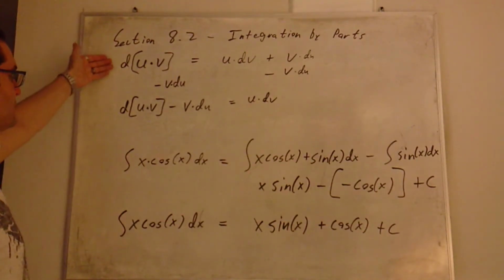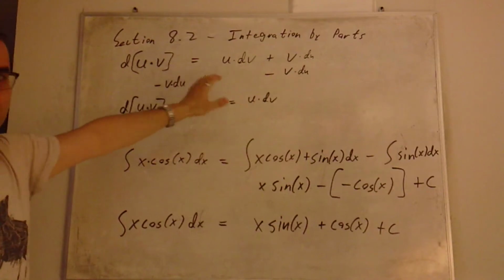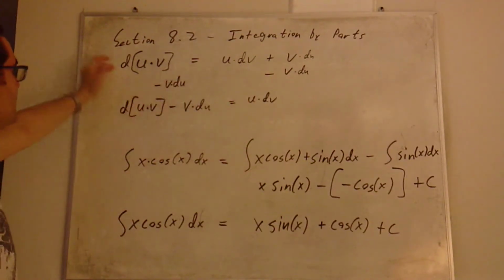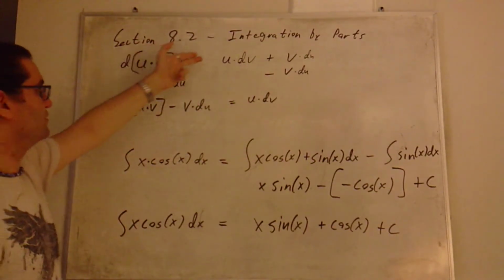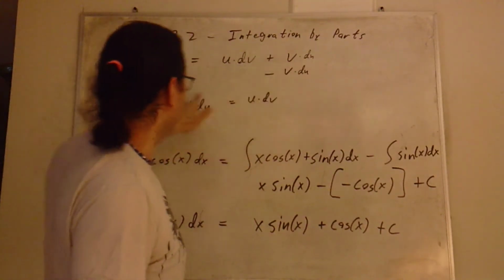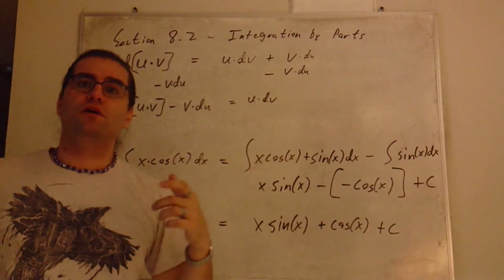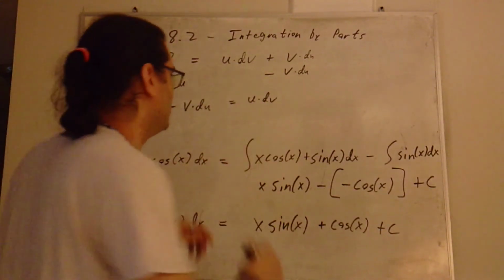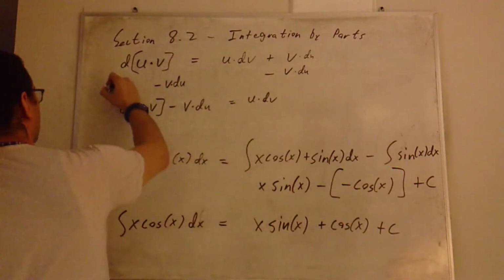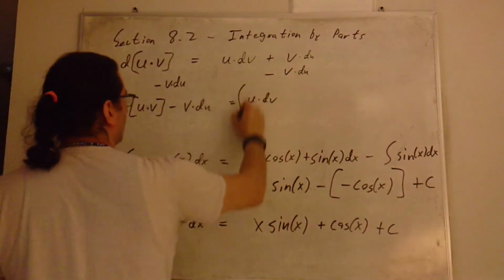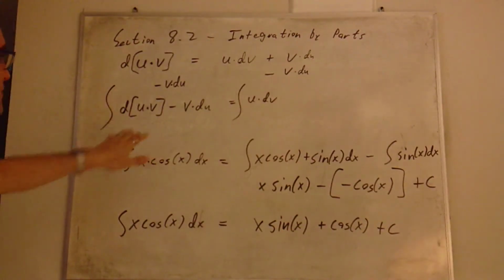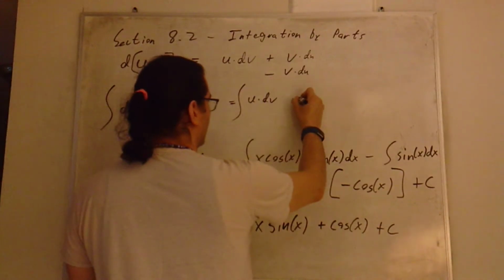Again, this is a lot of symbols, kind of a mess, but all I've done is take the derivative of u times v using the product rule, and subtract half of that from both sides. I did this because I want to now take the integral of this whole thing. If I integrate everything, the result is